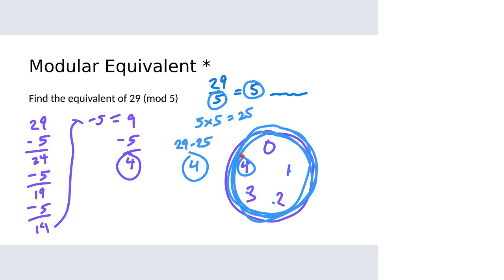So what's the equivalent of 29 mod 5? 4 is, depending on which way you wanted to go about that. I really like